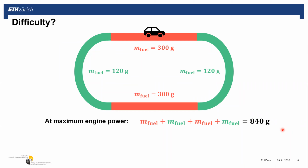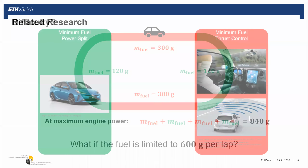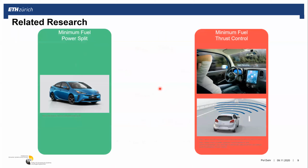Now, and this is the question that arises in Formula One, since fuel energy and so on are limited: what if the fuel is limited to 600 grams per lap? How should we split up the fuel consumption then? Should we reduce a bit on this straight, go slower through the corner in order to save a little bit there? In the same fashion on each straight or differently? So that's not a trivial question to answer, which leads us to the energy management problem,